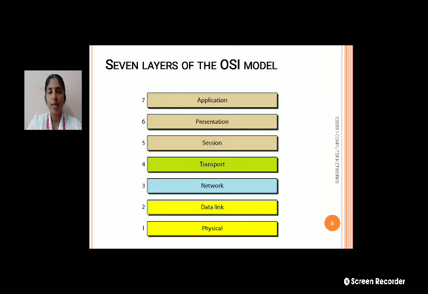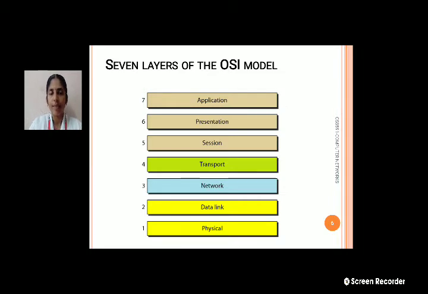These are the 7 layers of the OSI model, from bottom to top. The first layer is the physical layer, the second is the data link layer, the third is the network layer, the fourth is the transport layer, the fifth is the session layer, the sixth is the presentation layer, and the seventh is the application layer.